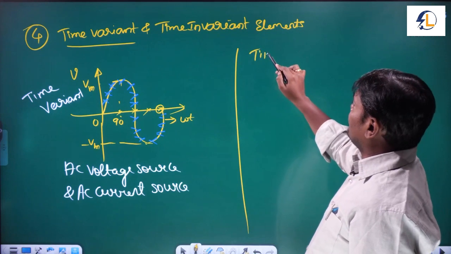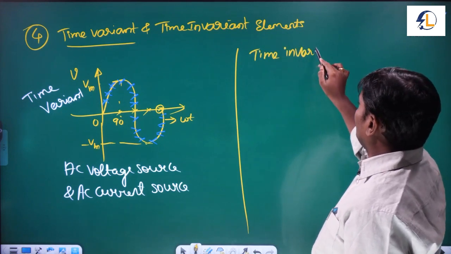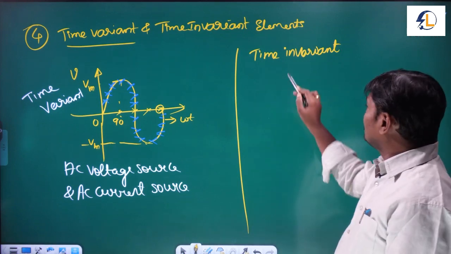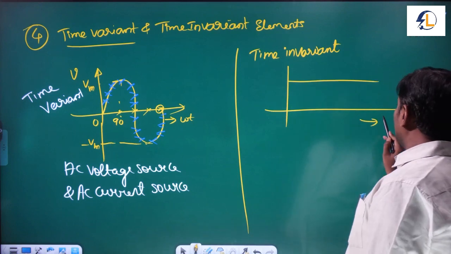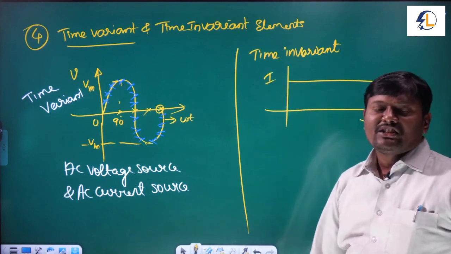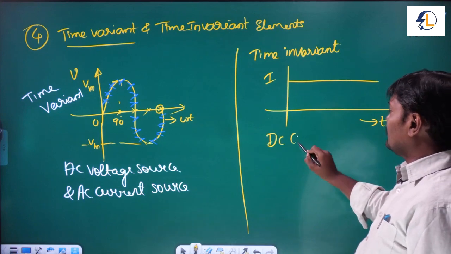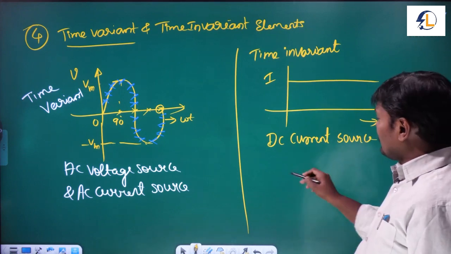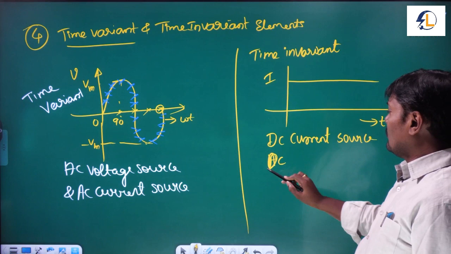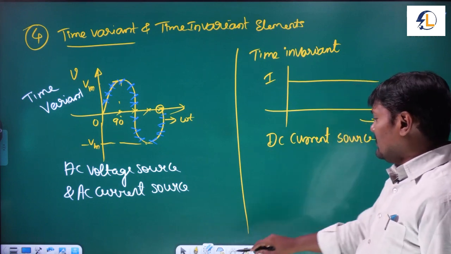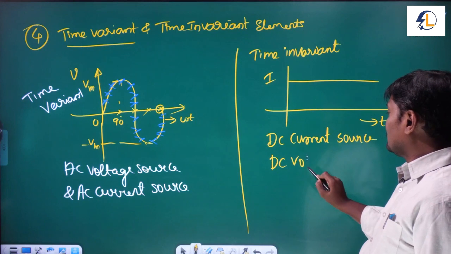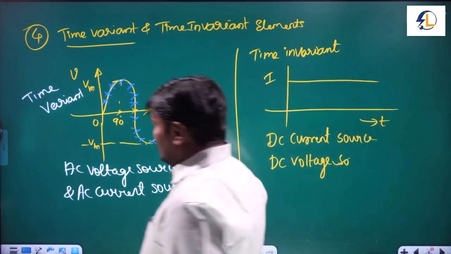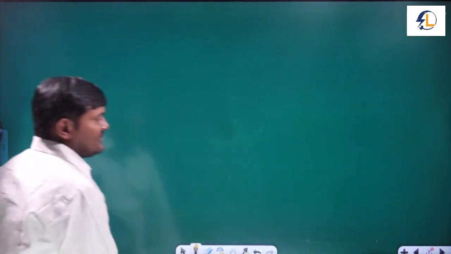If you go for time invariant, as the time progresses, there is no change in the magnitude. The best example, as the time progresses, there is no change in the magnitude of the current. So DC current source, or DC current value, or DC voltage value. DC voltage is constant. So coming to the last classification,